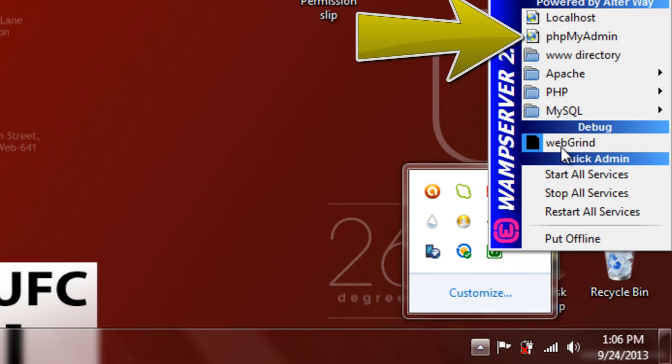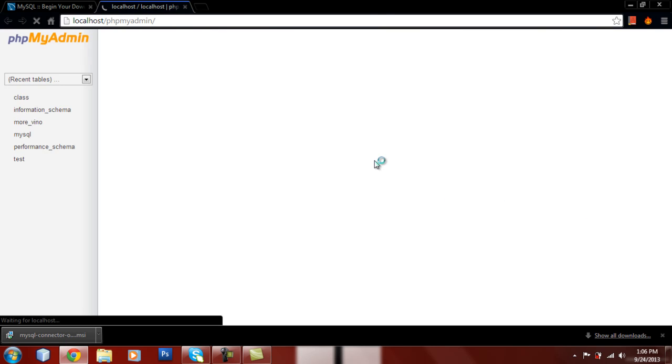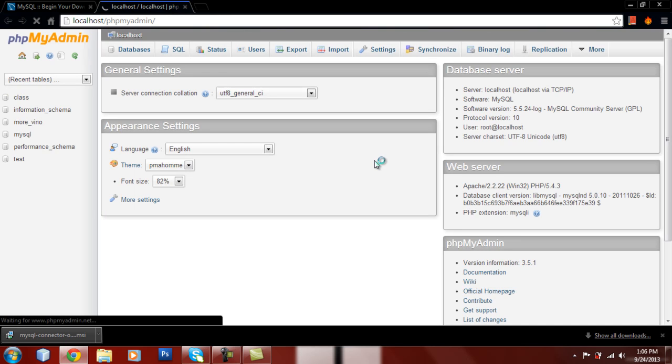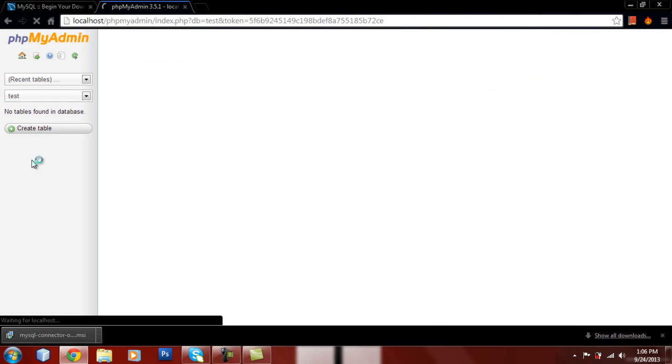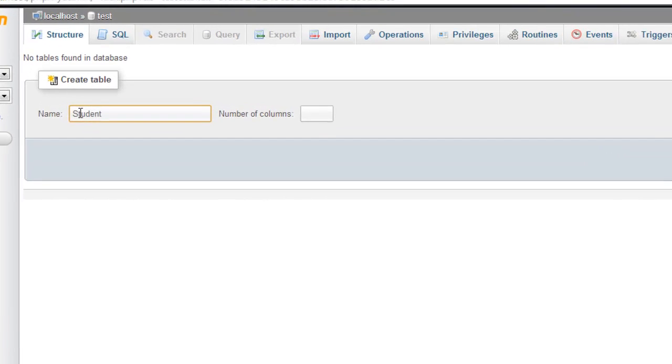So we're gonna go into Wamp server, you're left clicking, and you're gonna go into PHP My Admin. It's gonna launch a web page. Alright, so now that we're in here, you're supposed to use the test. So you click on test, and we're just gonna create some tables. We're gonna create a table. We're gonna name this table student information,